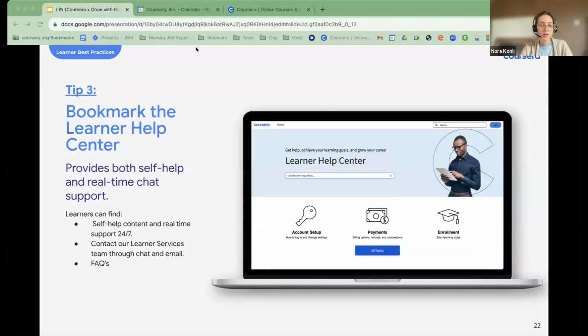And if you don't find the answer there, you can also speak to an agent that is available on the live chat. The third option would also be to fill out a form that you can find on the Learner Help Center, and someone will come back to you by email. So definitely use that resource. I will put the link in the chat right now for you guys to have. And bookmark it definitely so you have it handy. So that's my third and final tip, and let's go to the next slide,